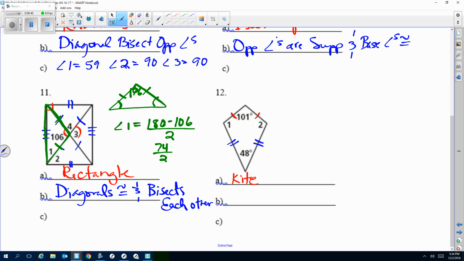And when we have a kite, or I'm sorry, there's two pairs. I said one pair. When you have a kite, you have exactly one pair of opposite angles that are congruent. So our opposite angles that are congruent are our angle 1 and 2. But it's a quadrilateral, so all quadrilaterals have a sum of 360. Our property that we're going to use is the fact that there's exactly one pair,